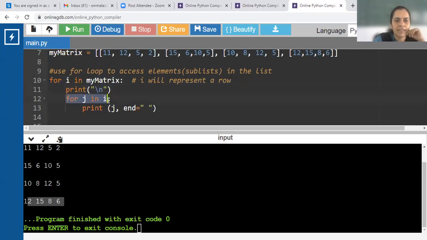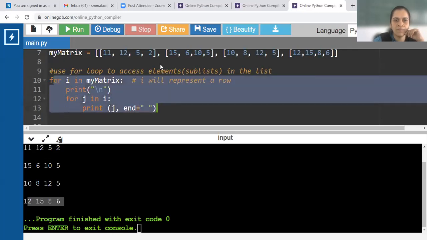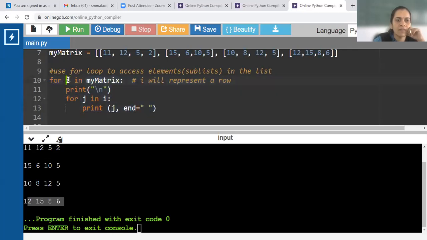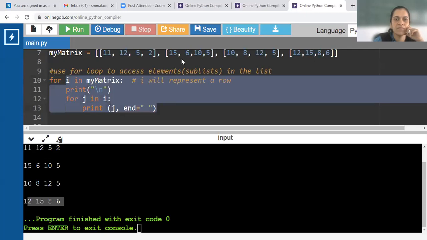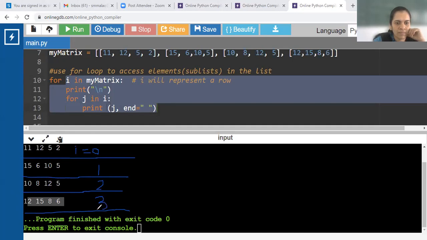So now tell me, when I execute this loop, for the first iteration, I equal to 0. This is I equal to 0. This is I equal to 1. I equal to 2. And I equal to 3.